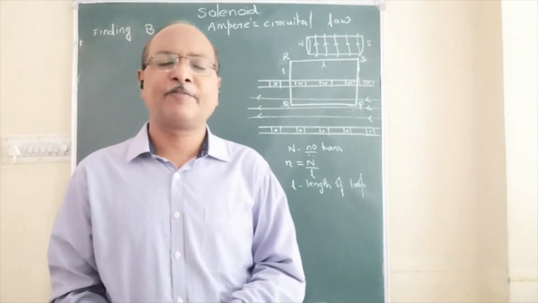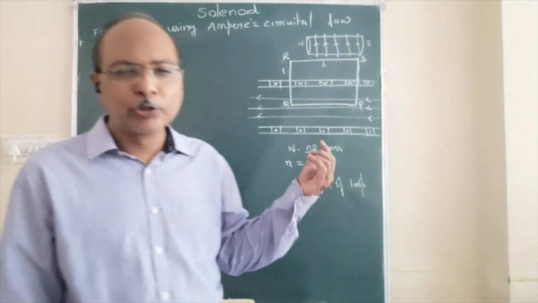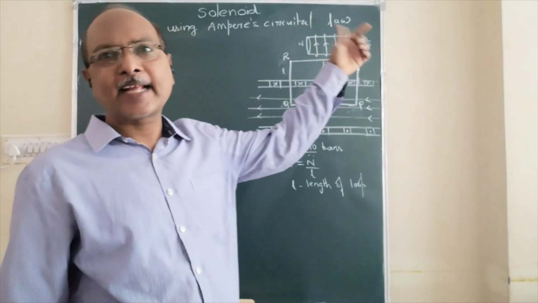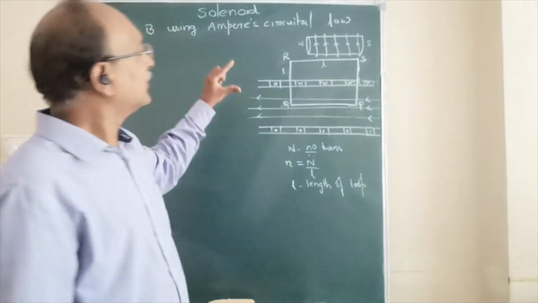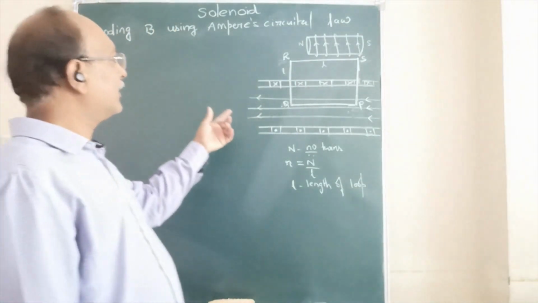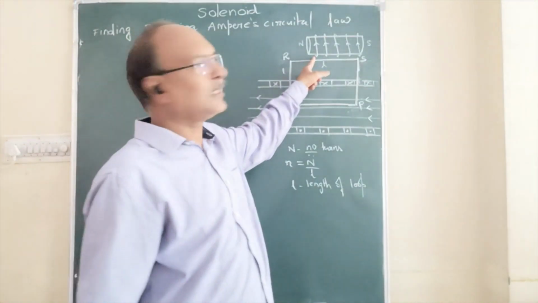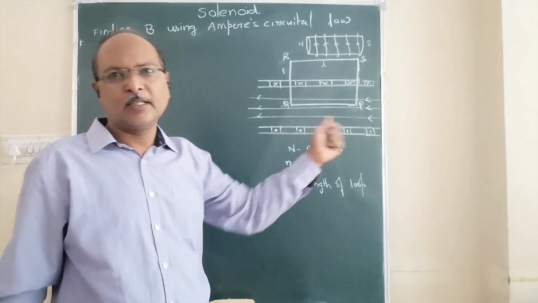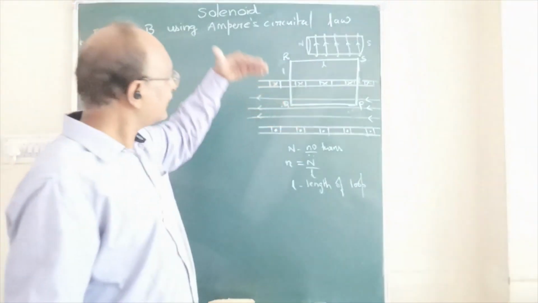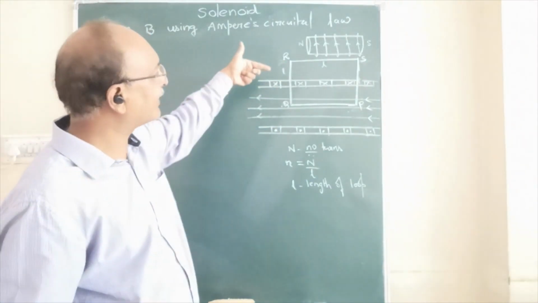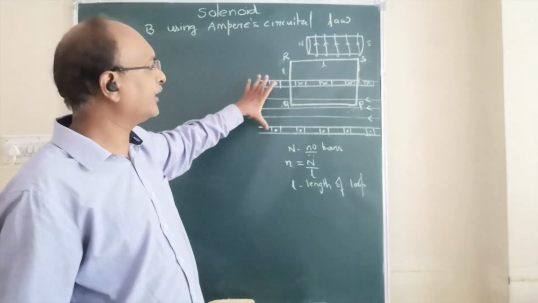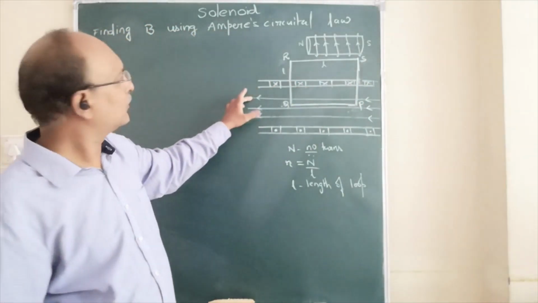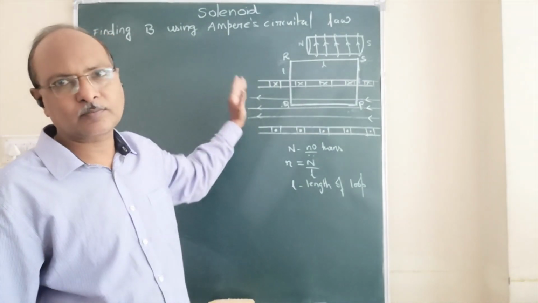Now we find the magnetic field inside a solenoid using the Ampere circuit law. So here this is a solenoid carrying a current as shown. Now we can represent it like this. Here the current is coming out and entering here. Dots represent the current coming out here, and here they are entering. So that is how we are showing. So the magnetic field lines are inside. They are almost uniform. So they are showing the direction of the magnetic field lines.